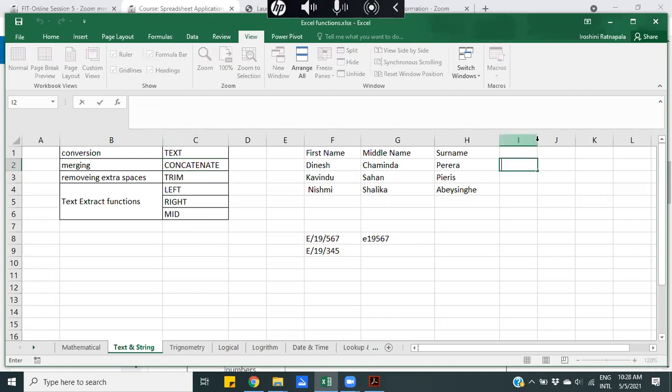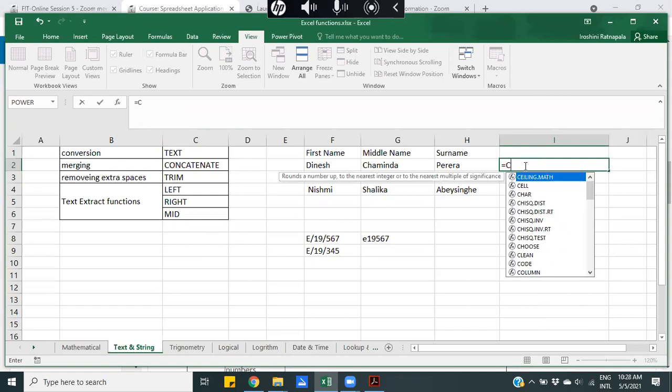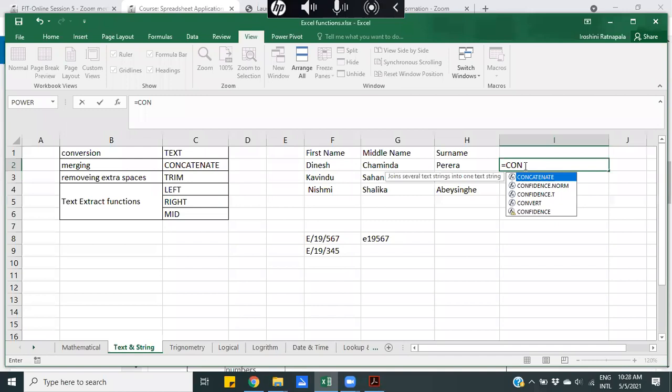So how can you use the concatenate function? In the cell where you want the full name to appear, we will type CONCATENATE. I think I have mentioned that I prefer if you write the functions in capital letters. And when you type one or two letters, it will suggest the functions available in Excel, so I can select it from the list.